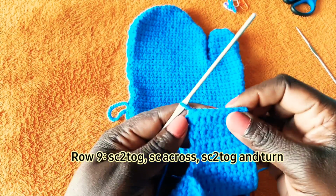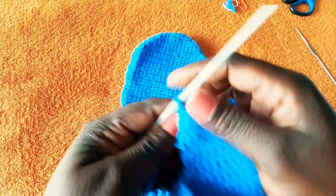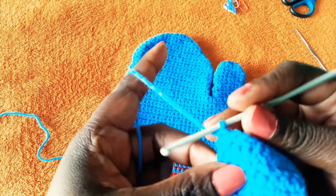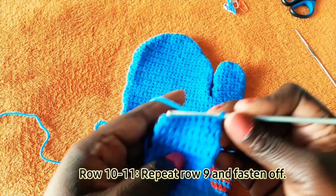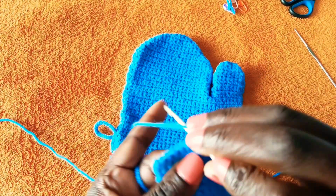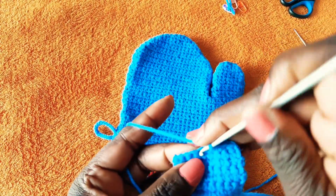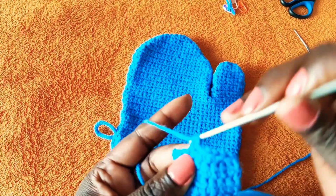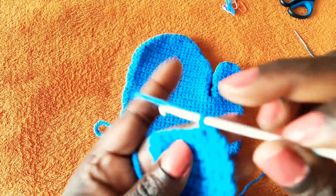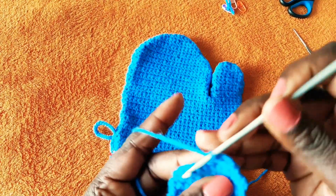As I'm done with my row 8, so now I'm going to reduce my stitches. I'm going to reduce just 10. This is my row 9, so do my single crochet, stitching together my single crochet, and then single crochet across. The last 2 stitches, then crochet together again, and do 10, and you single crochet together again, and single crochet,